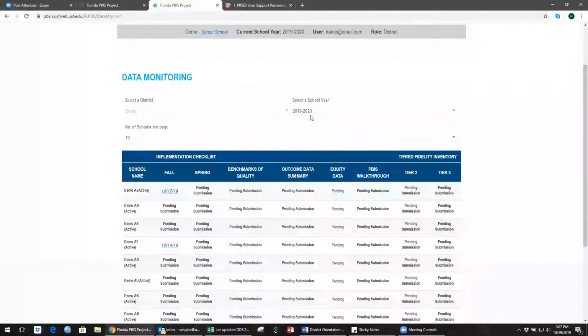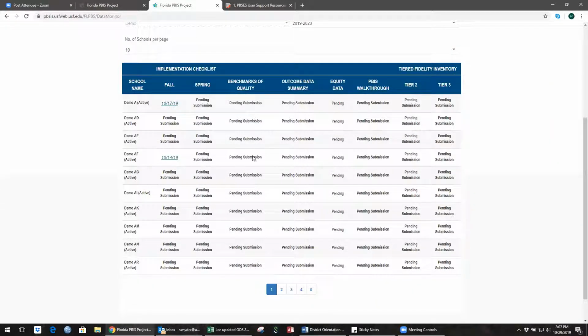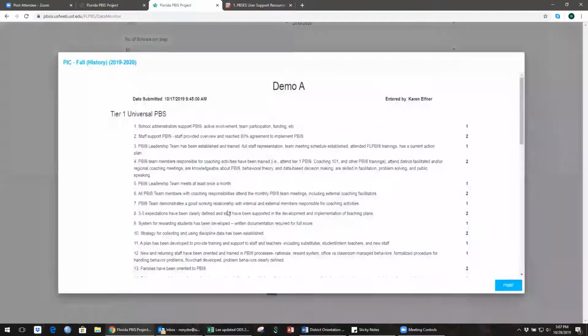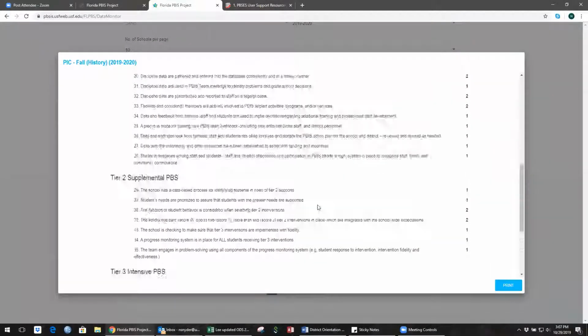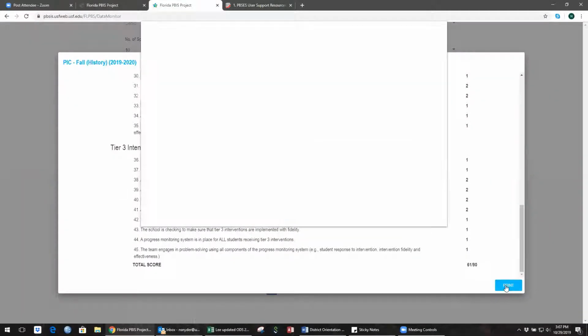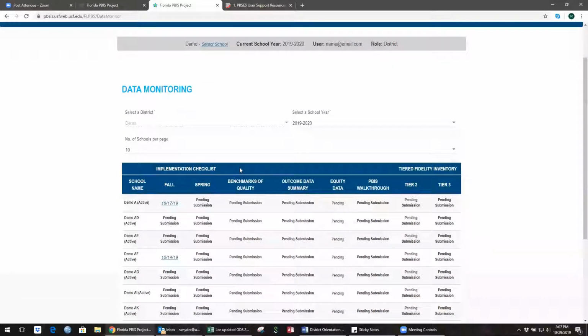So for this current 2019-20 school year, you'll notice that the only data that's been submitted is the Fall PBIS Implementation Checklist, or PIC. And that's because that's the only measure that's been open. But you can go here and you can actually click on a submission date to look at some information, a data PIC that's been submitted, and you can go ahead and print that if you'd like. If you see this pending submission status right here, that just means that a measure has not been entered by